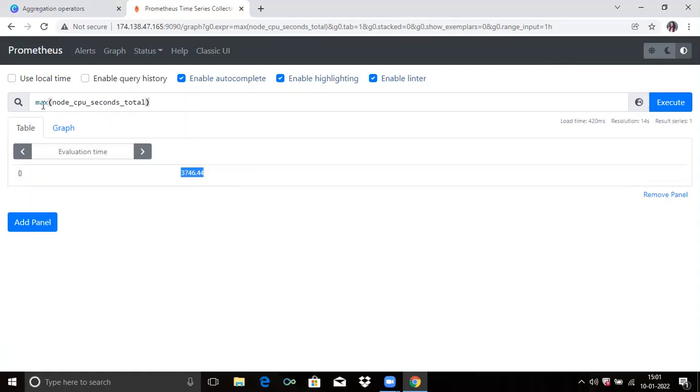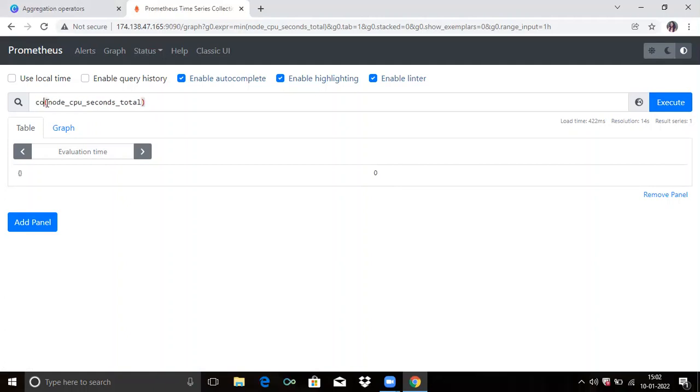Then the same for minimum, that means min, and it returns the least time that the CPU spends. Here you can see the least time is 0. Now let's look at the count operator. If you want to count the number of vectors, then you can use count.